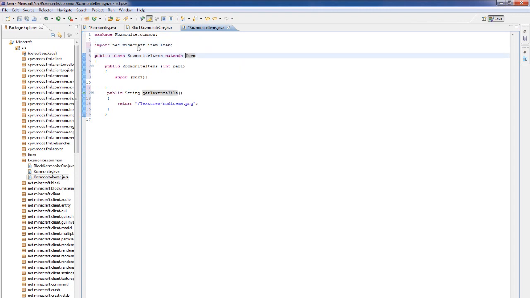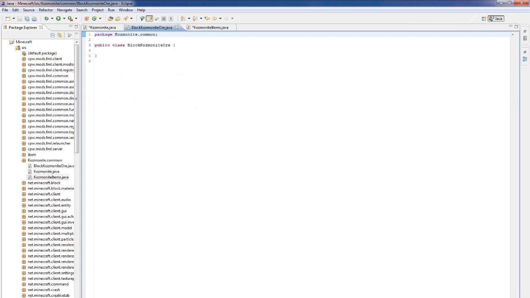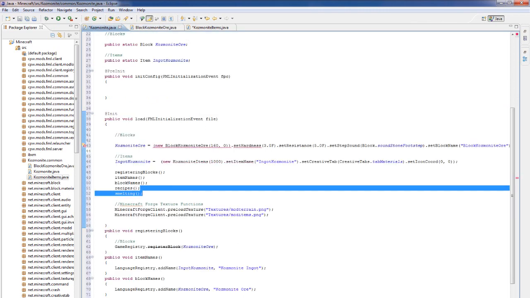You'll need to import that from net.minecraft, and then you'll type in the name of your item in public, and in this case it's Cosmonite items, and then inside your brackets int par1, and then super(par1). Public String getTextureFile() with your brackets, and then return, and then where you put your texture, like I said before on the other file. So in this case textures/mod items.png. Similar thing for your block, and we'll get to that in the next